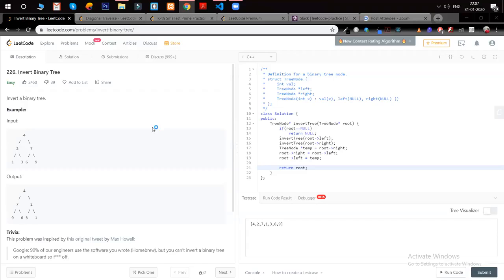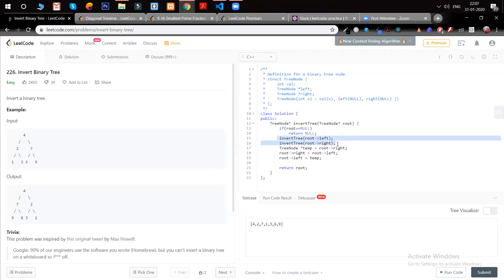Okay, fine. So I tried solving this question with simple recursion. Let's say we have this node, and it has two children, 2 and 7. I'm just replacing the address of the left one with the right and the right one with the left, using a temporary variable.